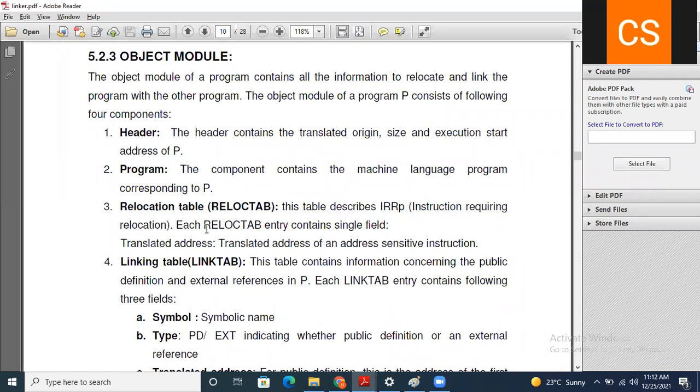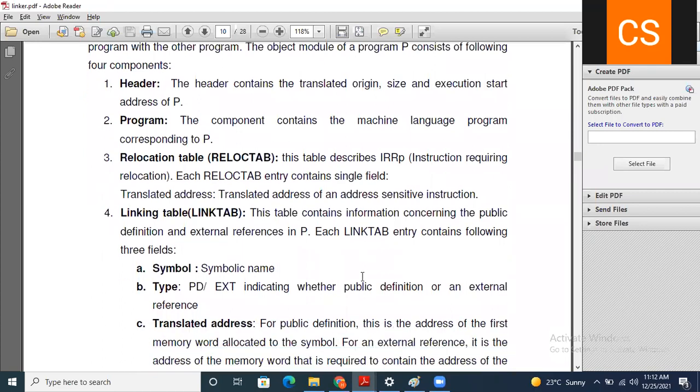And it has some components. The different components present in the object module are header, program, relocation table, and linking table. So what is present in the header?